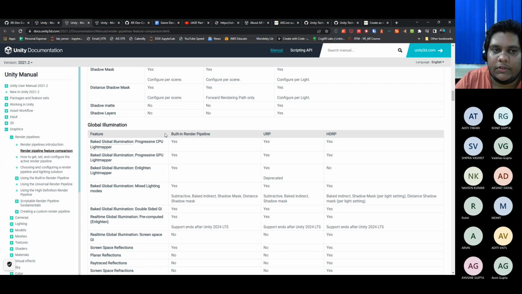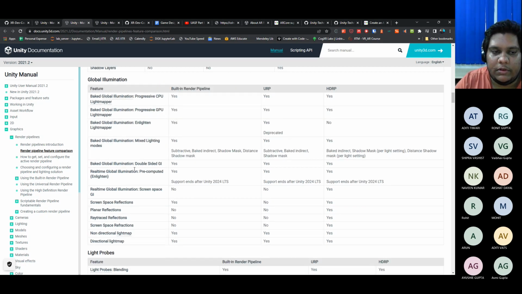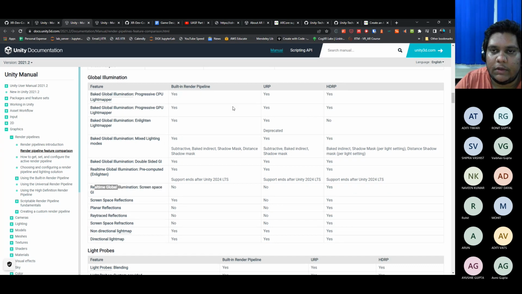Similarly for global illumination, right now we were using the directional light. So what other kinds of global illumination can be there? Baked global illumination is a very big concept. And then real-time global illumination is also present here, which is not available in built-in as well as URP. It is available in HDRP. This is very popular in Unreal Engine.